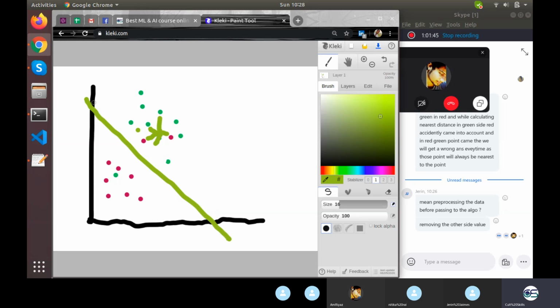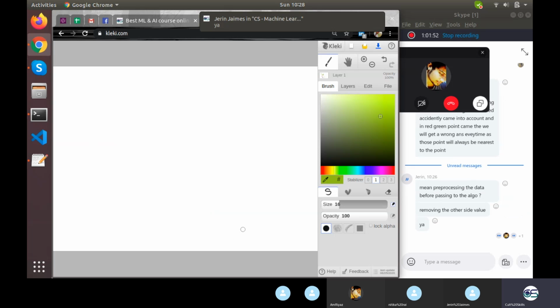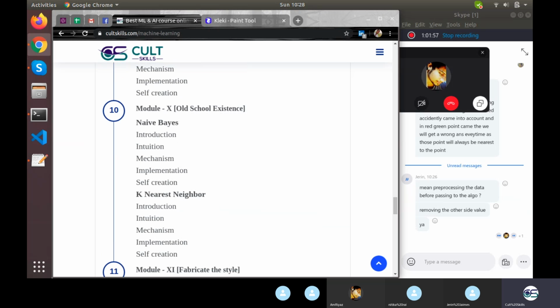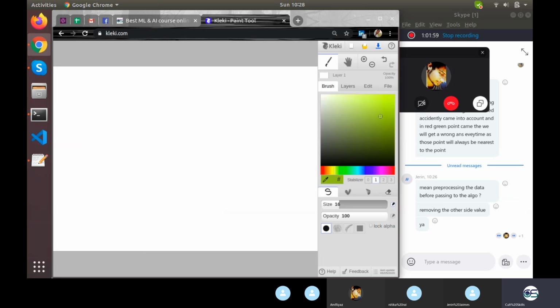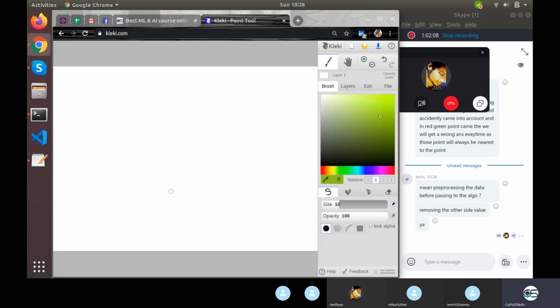Okay, so should we move ahead to the next algorithm? Yep. Alright, removing all of this, another algorithm I am going to talk about is Naive Bayes right here. So, the Naive Bayes algorithm. It's mentioned as old school existence, the topic name itself is like this. So K-nearest neighbor and Naive Bayes are not much into consideration these days. When there were no machines to train SVM or so, then they were in use. And when SVM and the others grew up, these vanished actually.